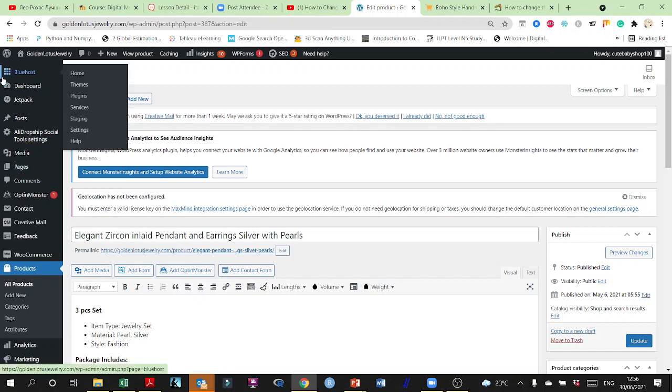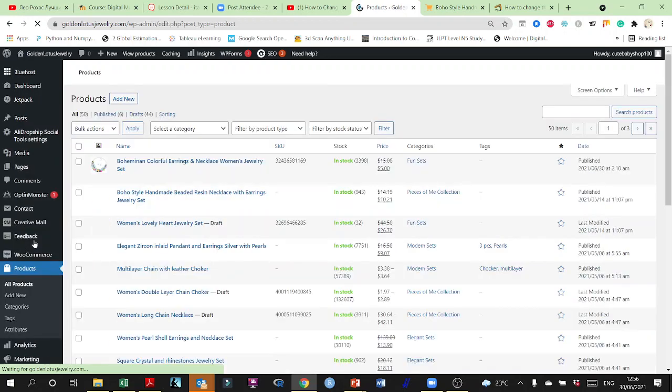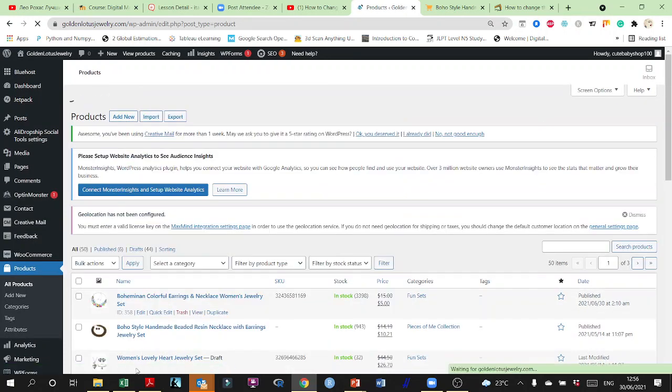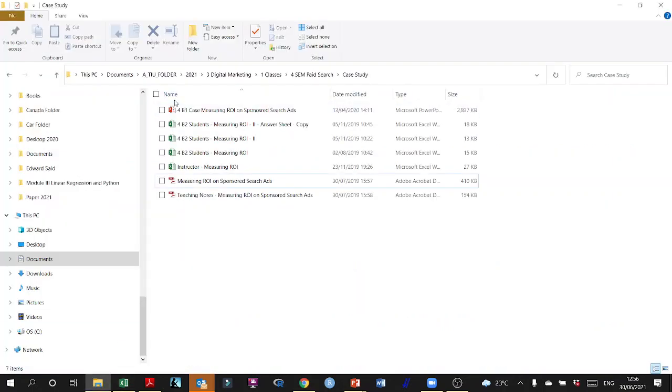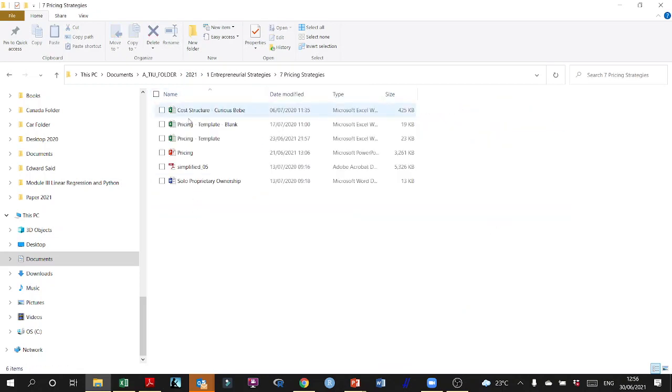So, in the previous class, I left you to practice on your own and explore pricing based on a template that I've provided to you. So let's take a quick look at the template that I have provided under pricing. And the template was as follows. So I'm gonna work with you right now